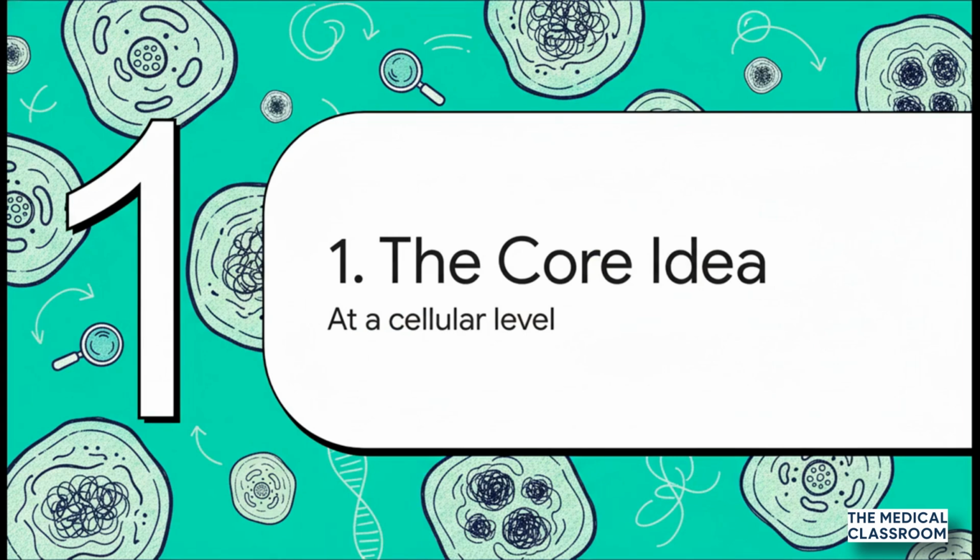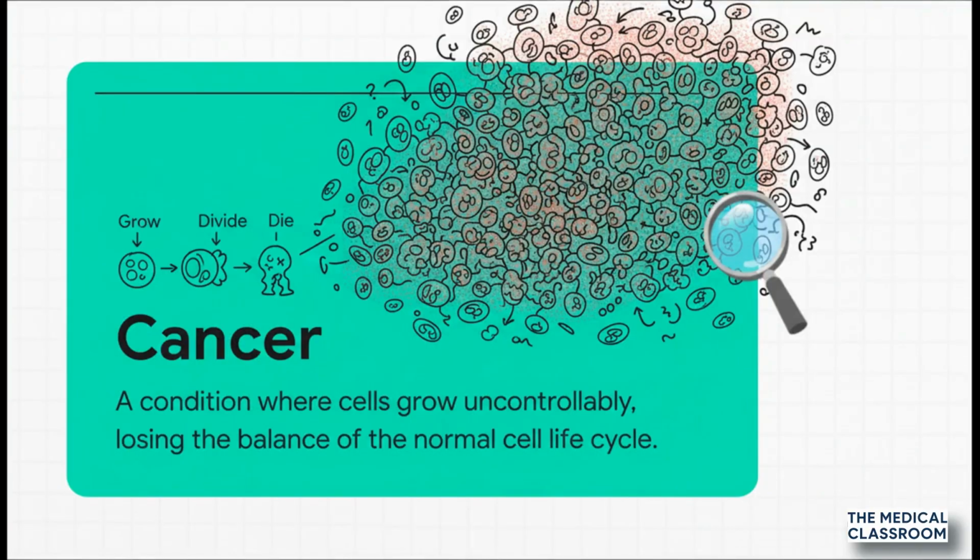To really get what cancer is, we've got to think small, like really, really small, because it all starts with the tiniest building blocks of our bodies, our cells. See, at its very heart, cancer is basically a breakdown of the rules. Our cells normally follow this really strict life cycle, right? They grow, they divide when we need new cells, and this is key, they die when they're old or damaged. Cancer is what happens when those signals get all mixed up and that whole orderly process just goes haywire. The cells just keep growing and dividing, completely blowing past all the stop signs.